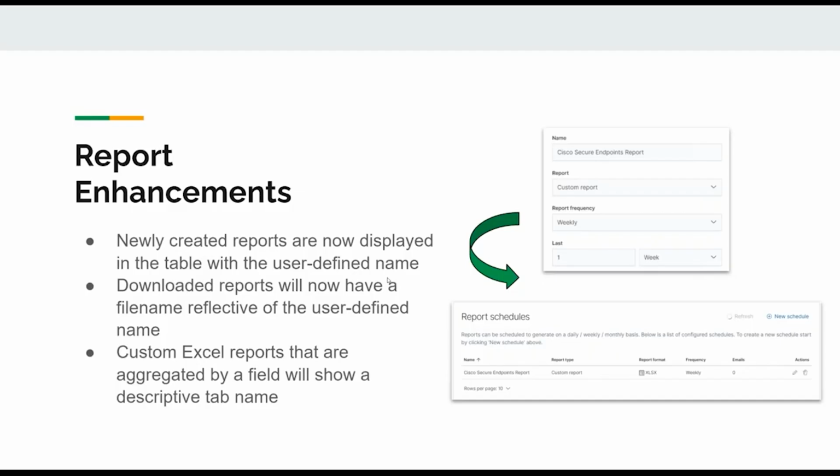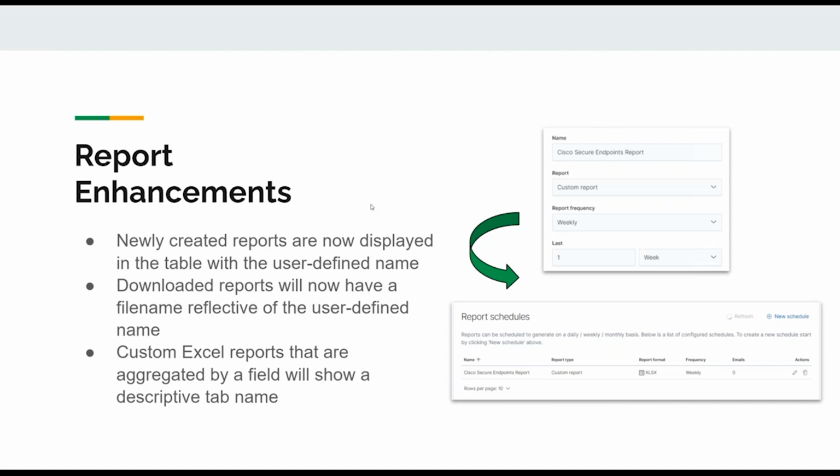Now we have what is going to be coming out in the next update. One of the things, and I alluded to this already, is report enhancements. This was fully an oversight on launch. The newly created reports are going to be displayed in the table. If you give it a name, it's going to have that name, because that makes sense.